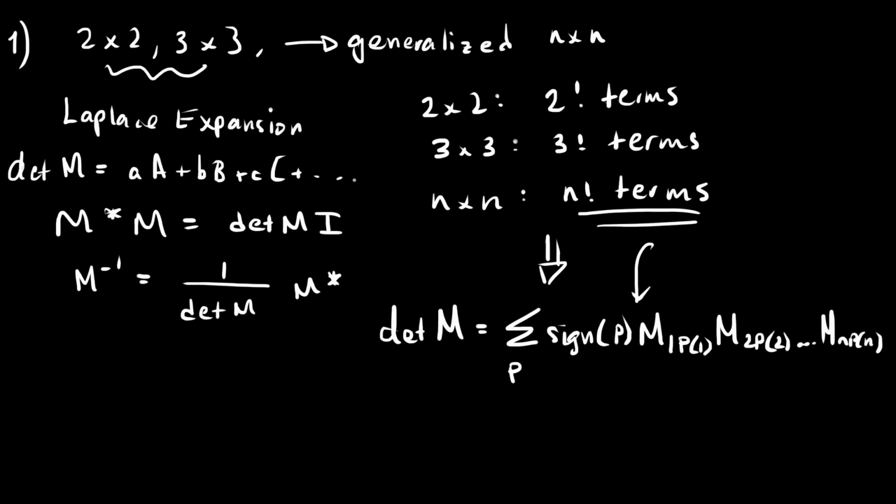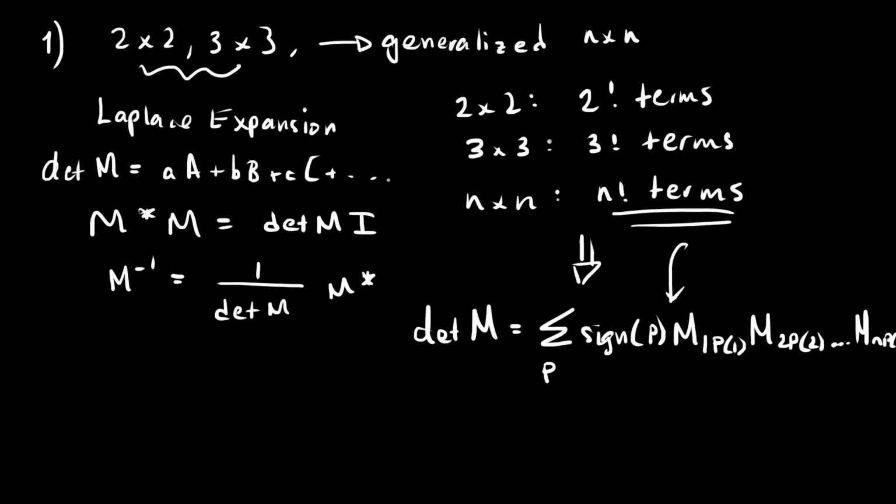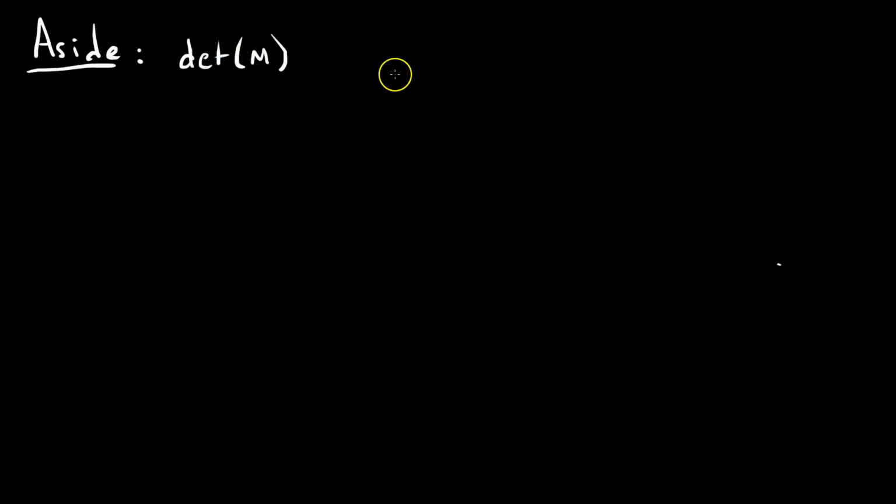But now, I want to introduce one more useful concept before we get into the inverse. And this useful concept we're going to need later. So let me just write here, aside. This is actually really cool. I think you guys are going to like this a lot. So, the determinant of M can be written as